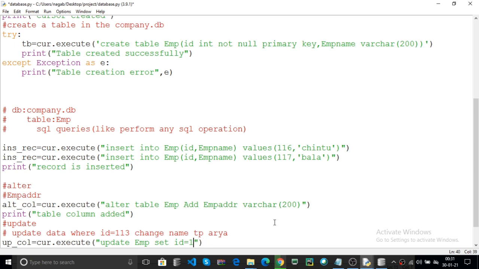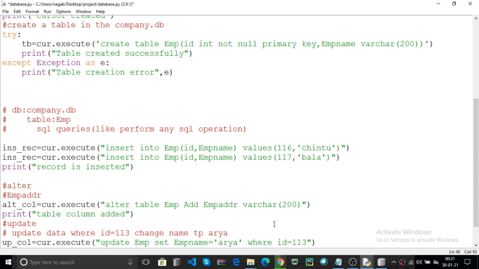Oh sorry, we change the EMP name equal to Arya. Now you can use a single quote Arya, where condition ID equal to 113.